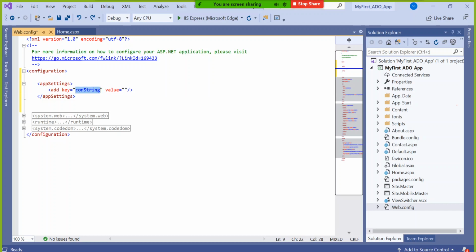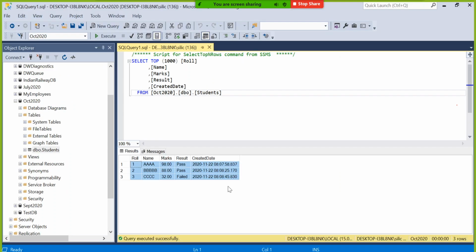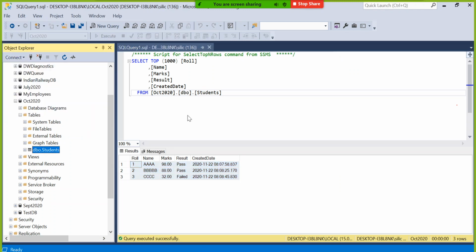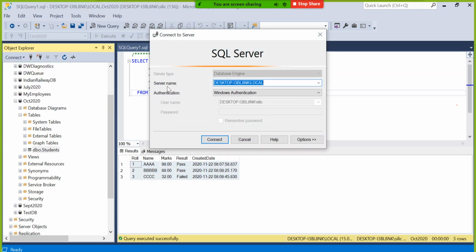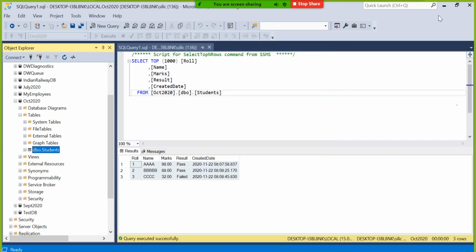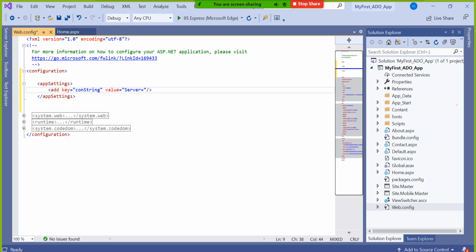But this time I want to take the variable name as con string and the value I want to keep as database name, server name, user ID, password, and so on. So I have to write like this: server equal to whatever the server name. When you open the database, you have typed something called server name, right? If you think you may type it mistakenly, you just copy it and paste it there. That I suggest to my students. No need to be overconfident. Simply copy and paste it. No need to type it there. So come here and Control V.